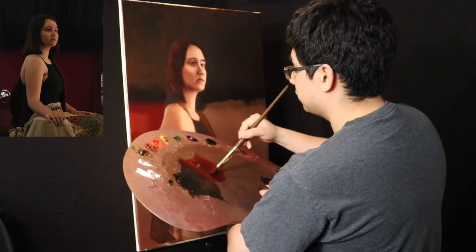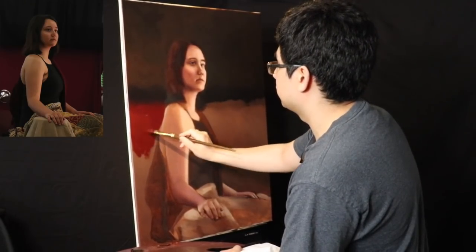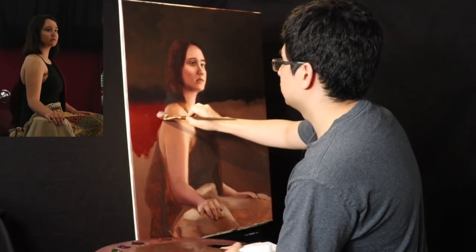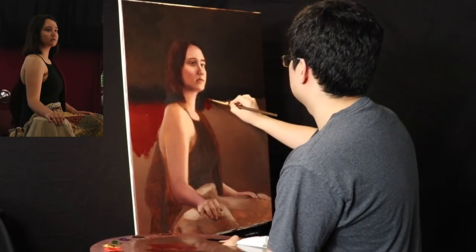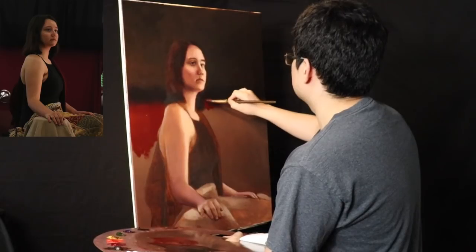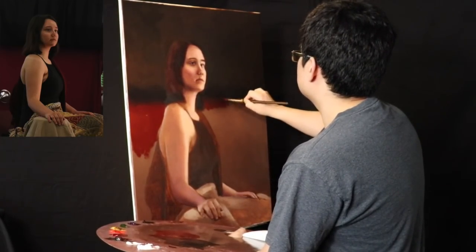Oh yeah, I gotta cover that more reddish color that I had earlier. Okay. Alright, so let's continue to do that over here. And I want to relate the background colors to one another in terms of their value. So in the local color